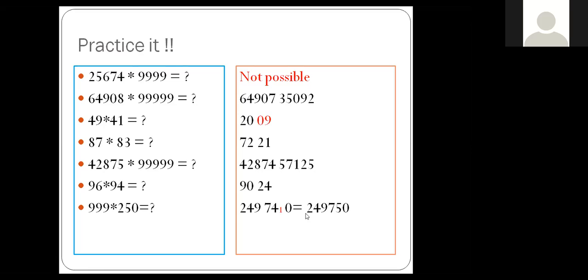Let's go further. See, 249, 7410, right? This 10 is what? 10 minus 0 is 10, and this 1 will be added with 4. So it will become 249750. Oh, it was 4. Sorry. Yes, this is the correct answer. 249750. I'm sorry, this is the correct answer. Okay, I thought the question is 4. Yeah, this is correct. 249750. All who have got this answer are correct.